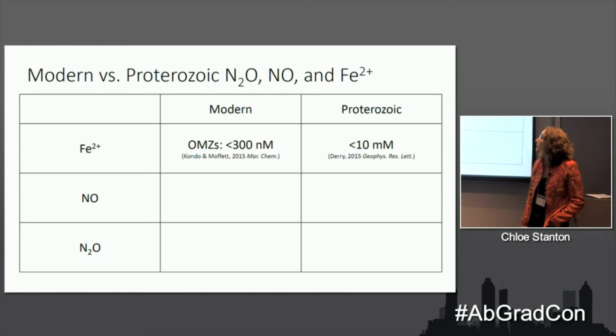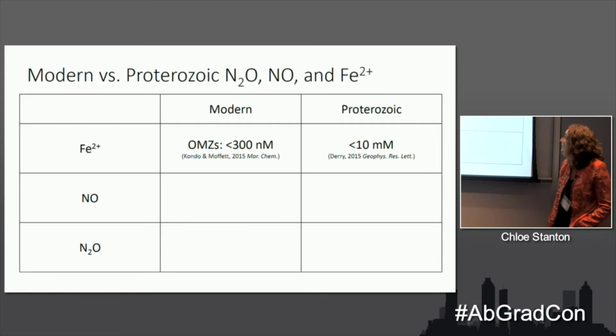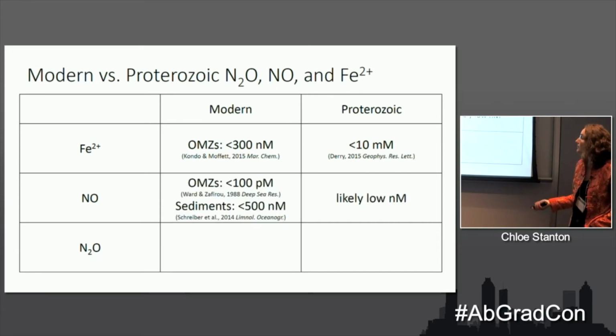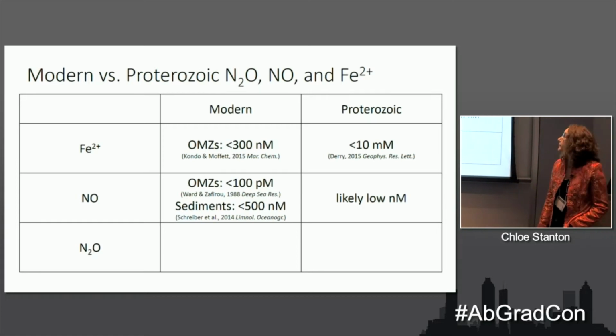So we understand a bit about iron in modern and ancient environments. In modern OMZs, or oxygen minimum zones, you see very minimal iron concentrations, but modeling studies have shown that Proterozoic iron concentrations could have been up to 10 millimolar or even more, based on certain studies. Nitric oxide is a little bit harder to constrain. It's actually not commonly measured, even in the modern. But we do see picomolar to nanomolar levels in modern environments,